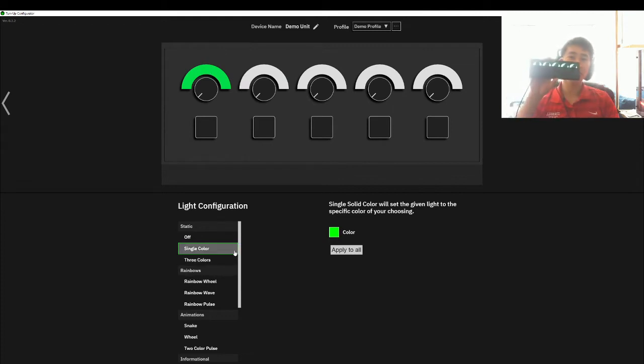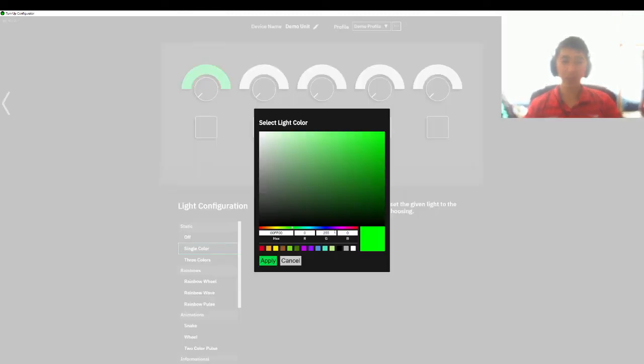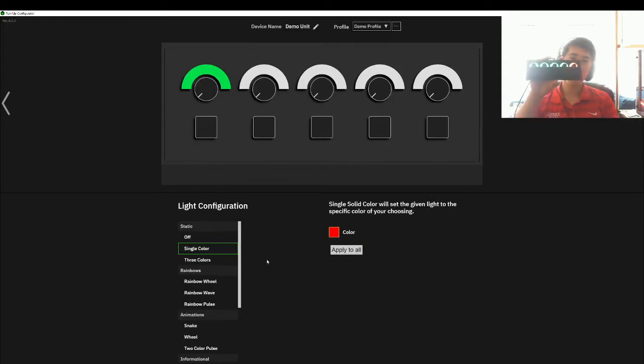We can start with the most obvious feature, which is the light arcs. We'll choose a simple effect like this single color effect and go ahead and pick a color. As you can see, there's a lot of different ways for you to pick a color. You can use some visual means and just click around here. You can use one of the common presets, or you can use an RGB value or hex code. We'll go ahead and set this light arc to red because that's my favorite color, and you can see it's